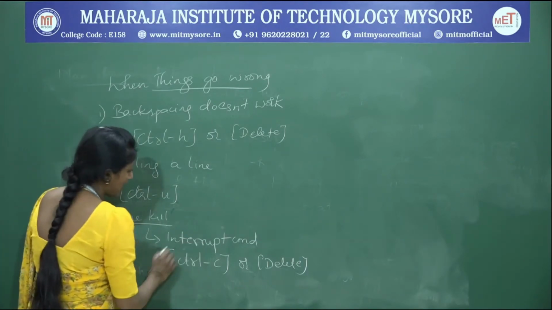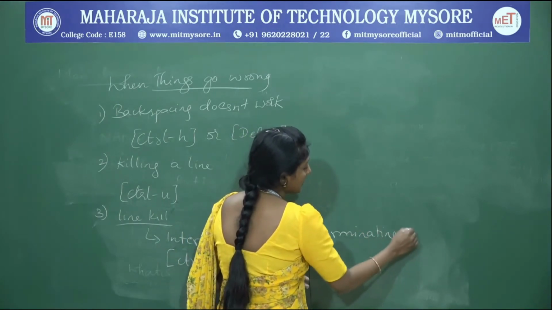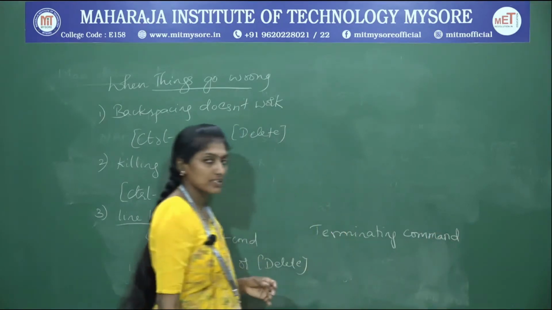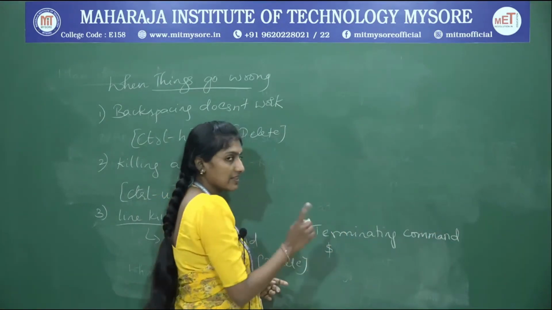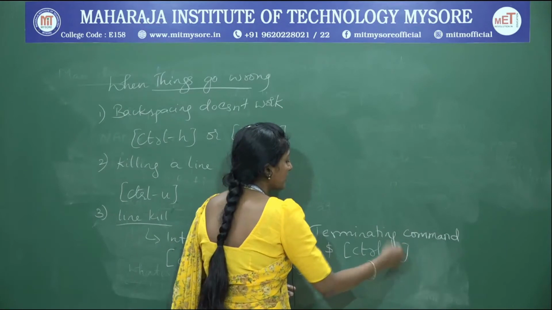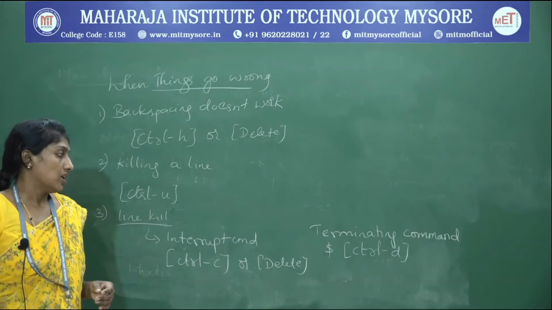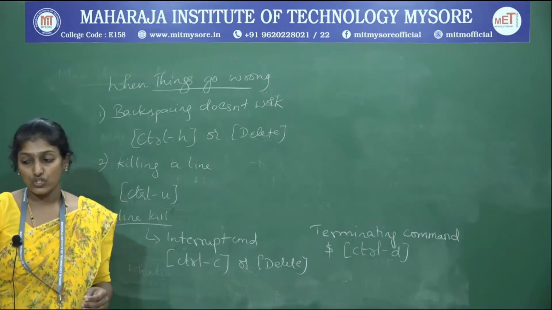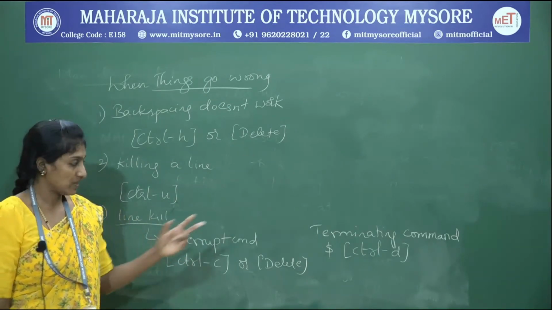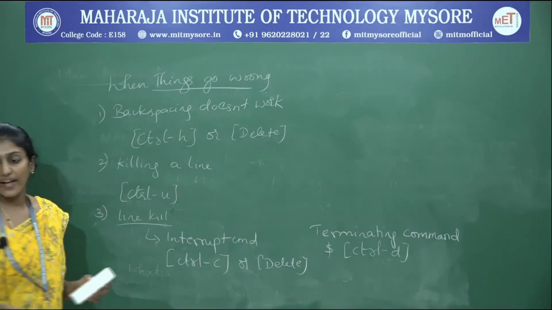So next, for terminating a command, that is, after the execution of it, if the prompt doesn't display, then for terminating that command execution you can use one of the shortcut keys, that is Control D. This is one more option: during the execution of a program, if the user wants to completely terminate that command execution, he can do this by using the shortcut key Control D.